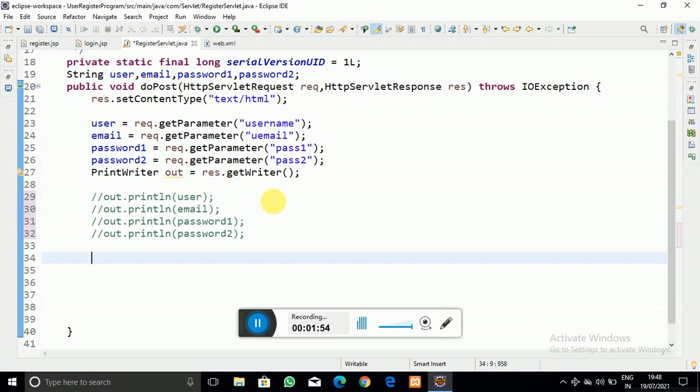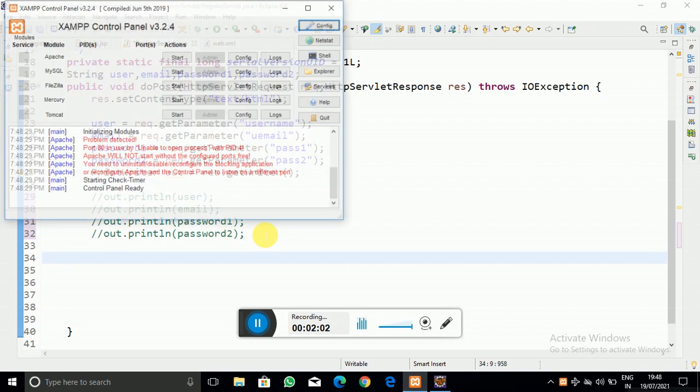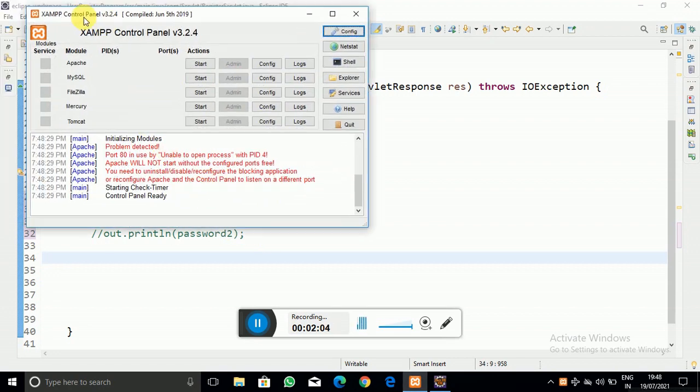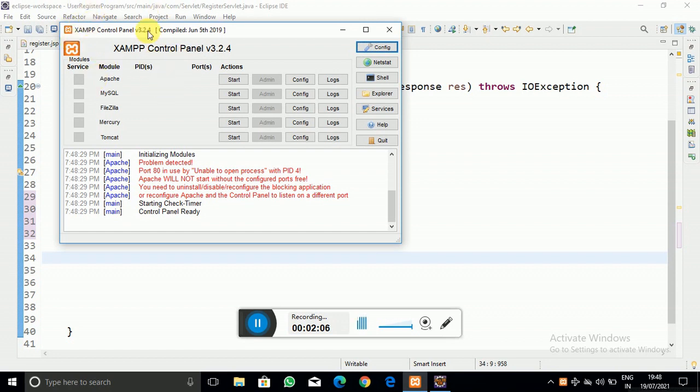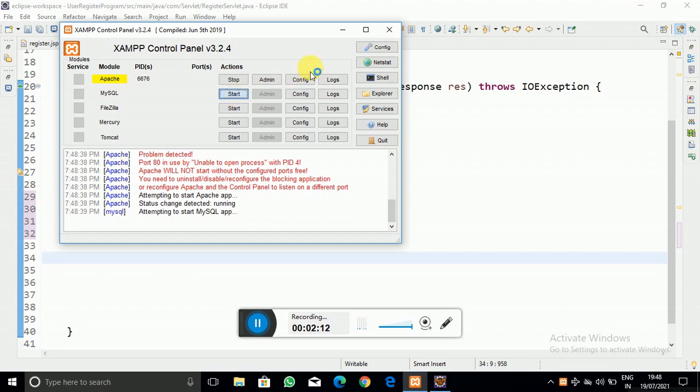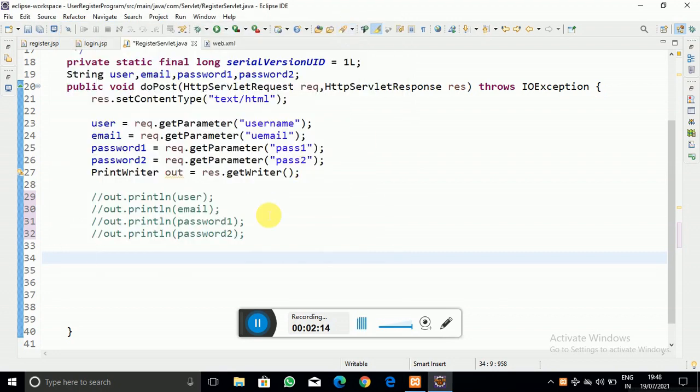To do that, I have already installed the XAMPP server for the MySQL database. So let's start that server and start creating the database.